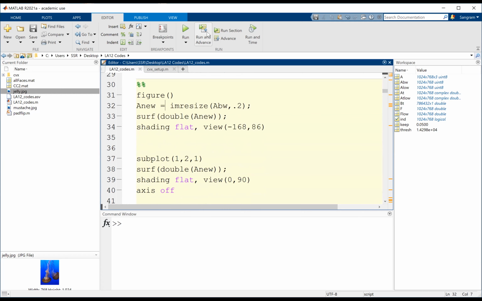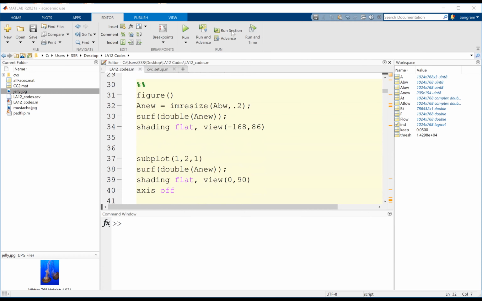So here is the next part, and why this is all important. This is just the data visualization. If you look at the data in 3 dimensions, on the left-hand side you have the image, and on the right-hand side you have the 3-dimensional representation of the data. Those peaks are essentially the information that you really want to keep.